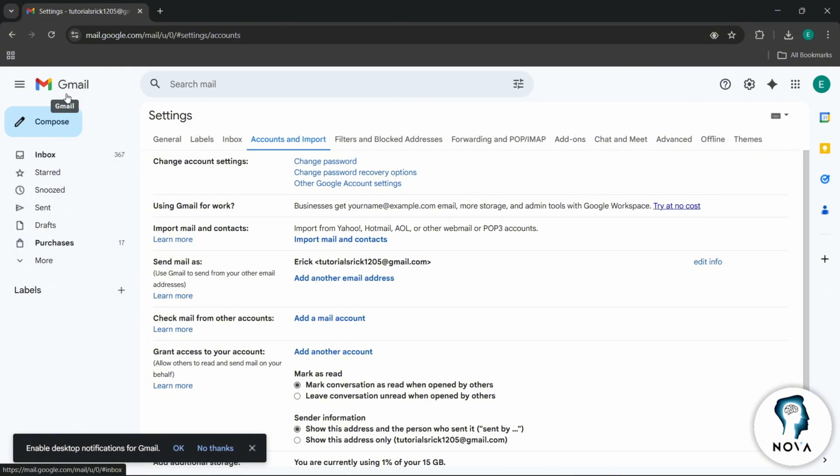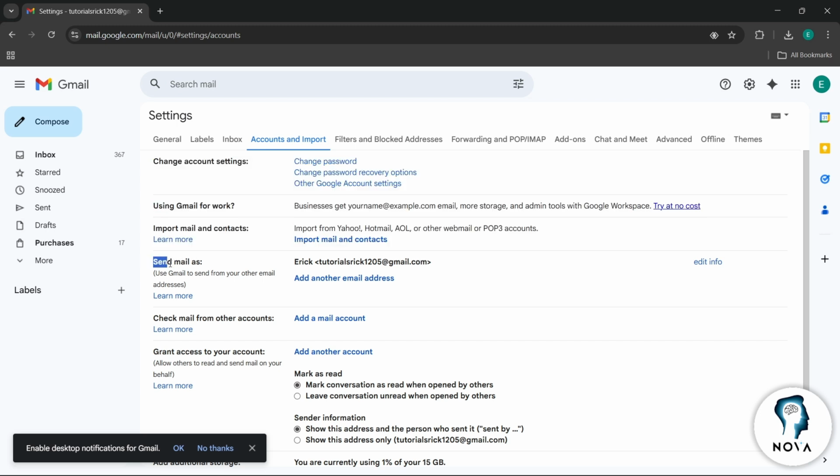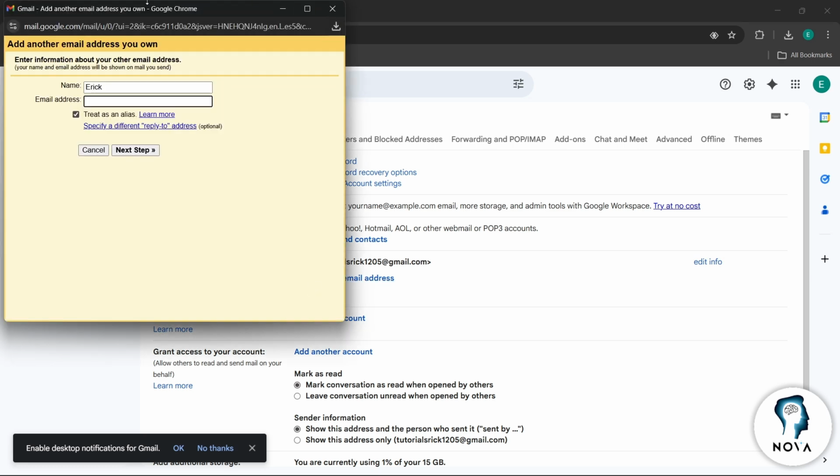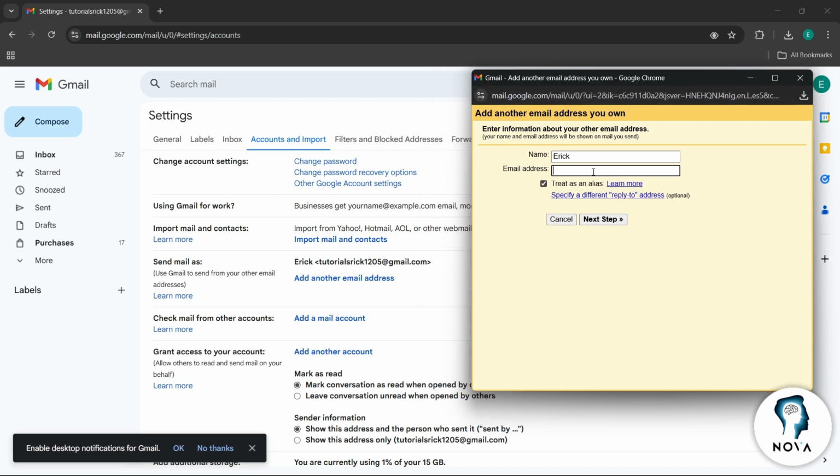Next, to send emails from Gmail using your professional identity, go to the Send Email as a section and select Add another email address. Enter your name and domain email. In the pop-up window, fill in the SMTP server details and complete the verification using the code Gmail sends to